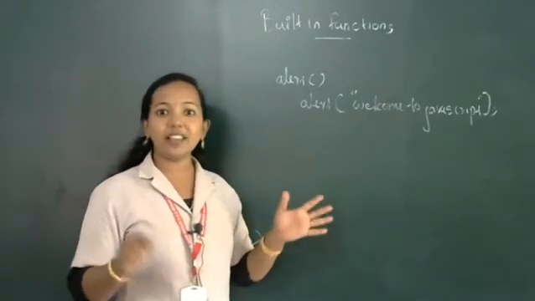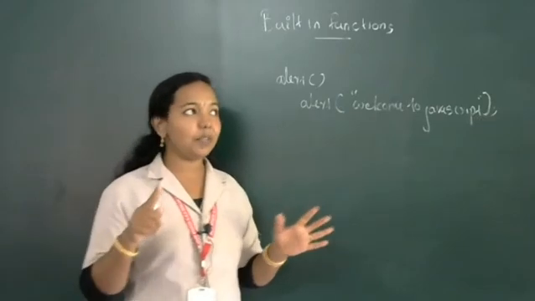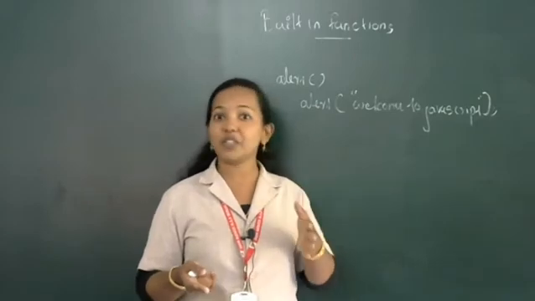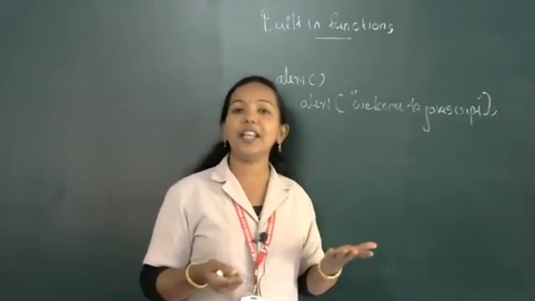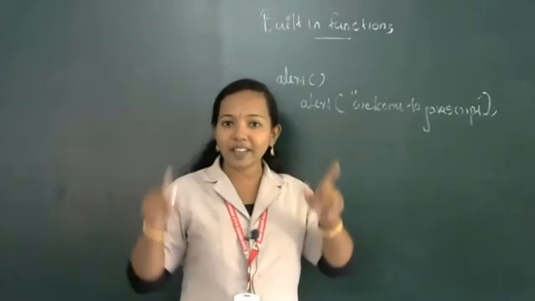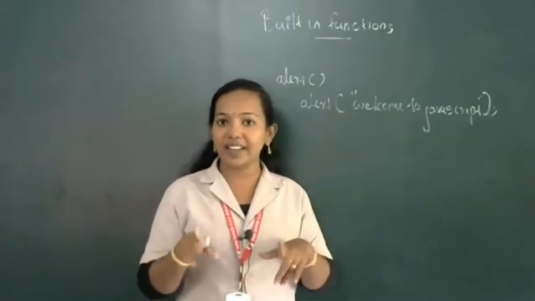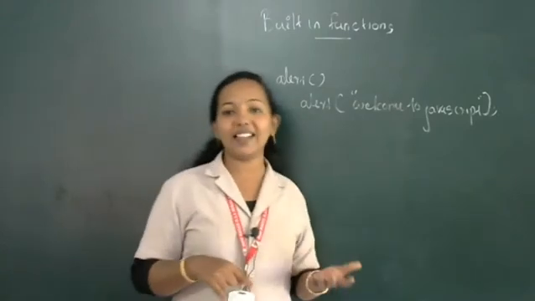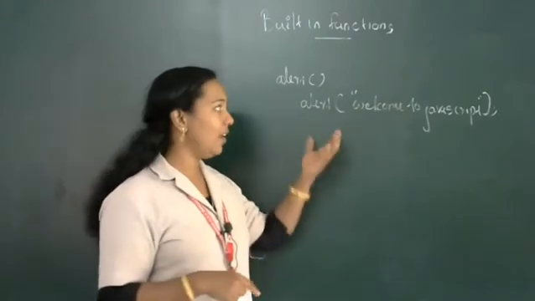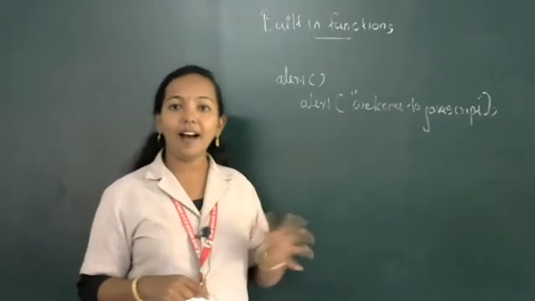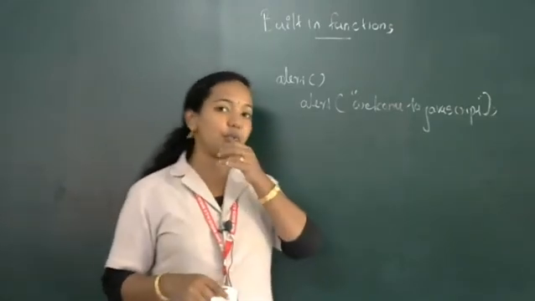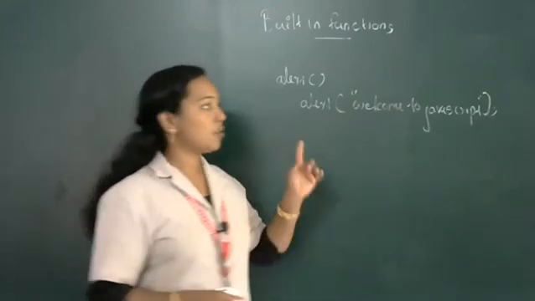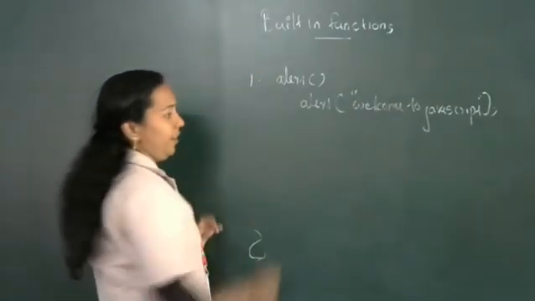You may have seen an alert message while filling in a registration form. If you forgot to fill in any of the fields, you get a small message box saying this field is empty. Actually this is useful for validation statements, so for that purpose we use the alert function. So the alert function is used to display a message on the screen through a message box. This was our first built-in function.